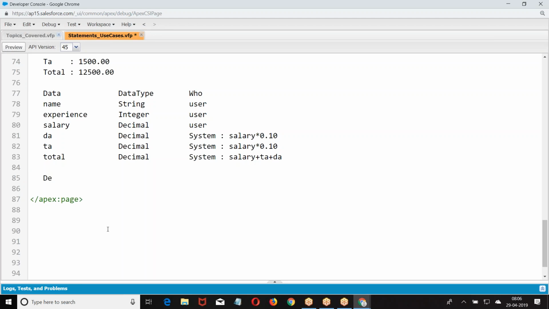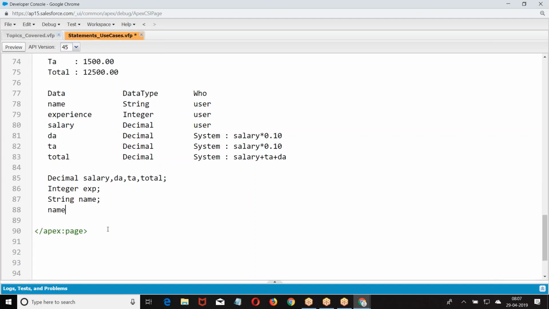So take decimal salary, DA, integer, string.